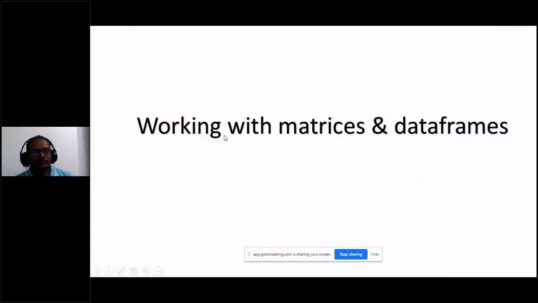Now let's move to working with matrices and creating data frames with matrices. We can create data frames in two ways. Either we can create by using the C command, C is concatenate or create, and we can use the command data.frame. Matrices also can be created by using the command C of 1, 2, 3, 4, 5, and concatenate using data.frame, and we can create a matrix. So we will see how to create matrix and data frames.